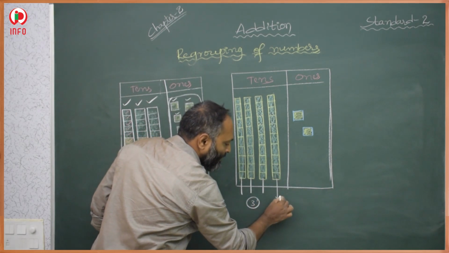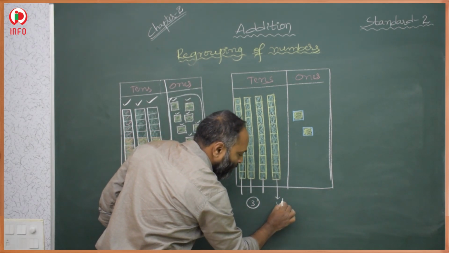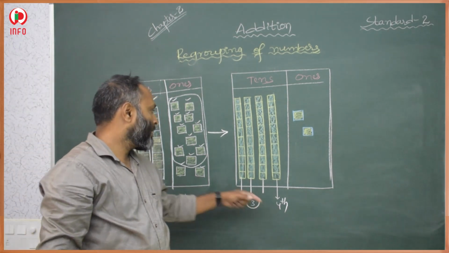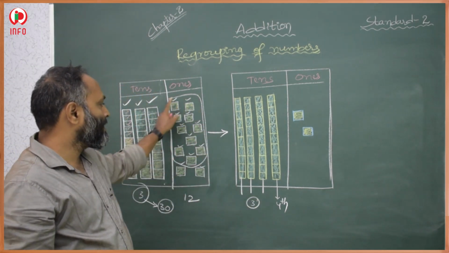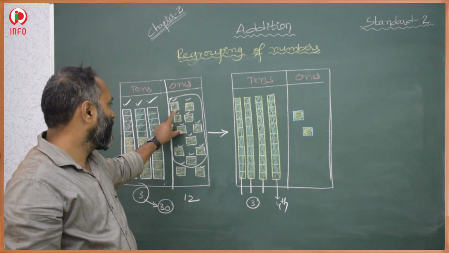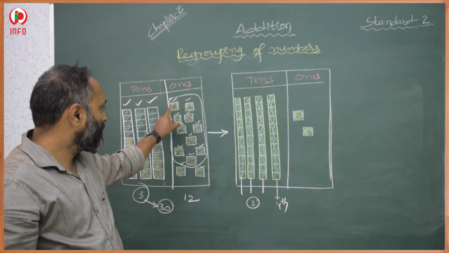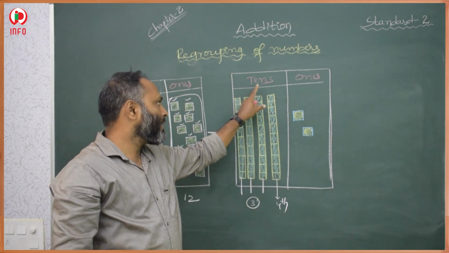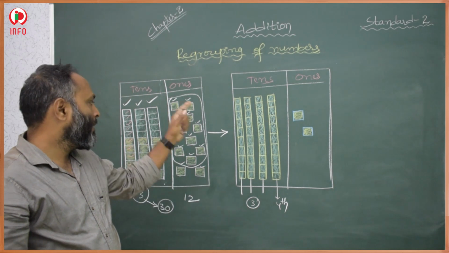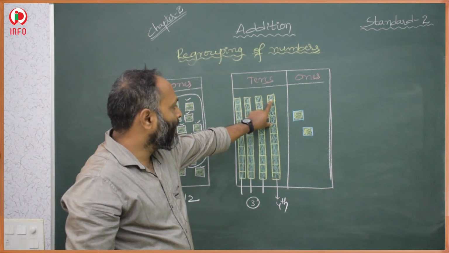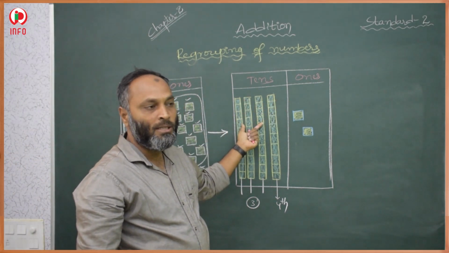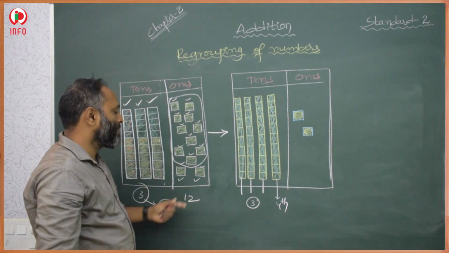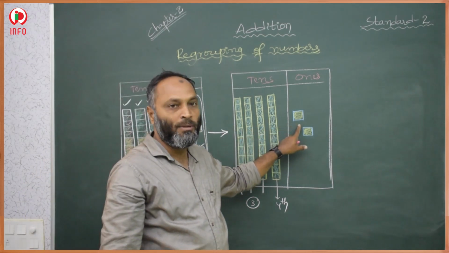This is one more extra block. This is the 4th block. How did we get this 4th block? After rearranging these 10 small sub blocks into a big block, it becomes a big block. So total 10 sub blocks come in the tens place. Why? Because 10 sub blocks were there, that is why it comes in the tens place. Then what about these 2 blocks? These 2 blocks are left in the same ones place only.